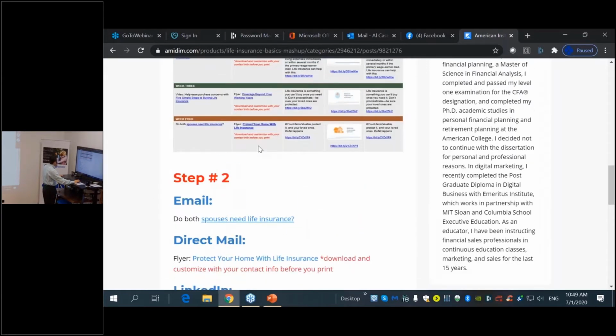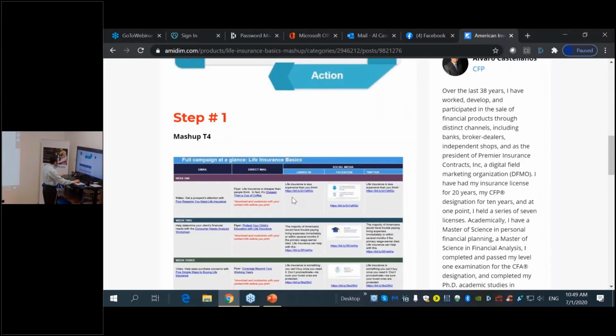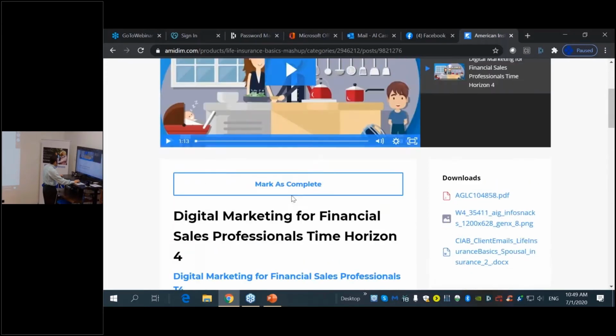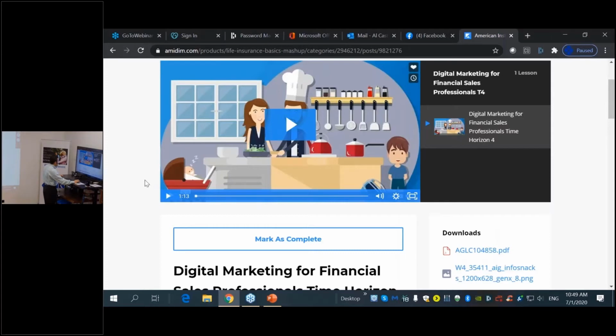So let's look, as always, one of the things that we do is we're going to be sending an email. And everything that we send, we need to make sure that we have seen it. So if we're sending a video, we need to see it. If we're sending a PDF, a document, we need to read that document. If we're sending an image, we need to make sure that we see the image, make sure that everything is right in the image that we're sending. If you're sending a message, you need to make sure that you understand what the message is. So you need to make sure that you know what it is that you are sending.